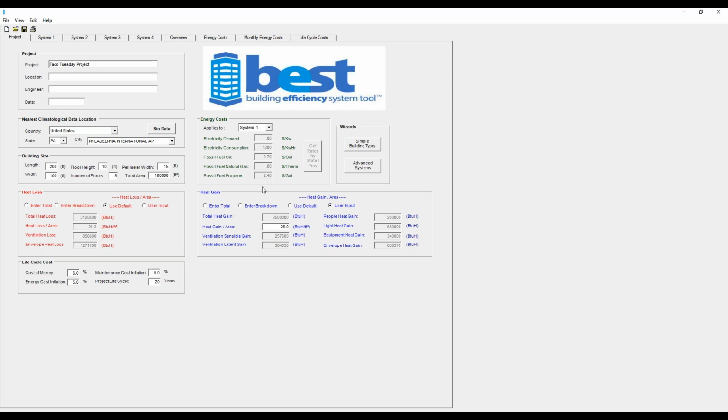But what I wanted to do is from this project page, this was our building, our hotel in Philadelphia, PA. But let's take a look. We looked at 4 systems, but let's go ahead and take a look at how those systems compare to each other. So what we can do is up at the top